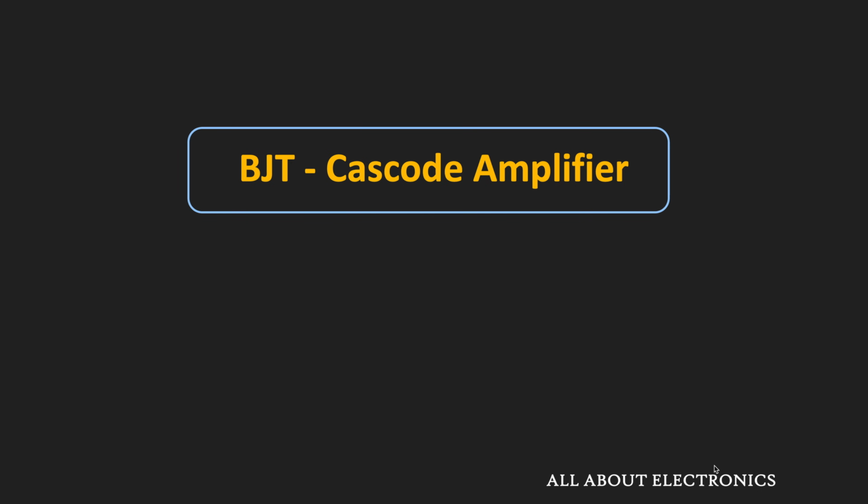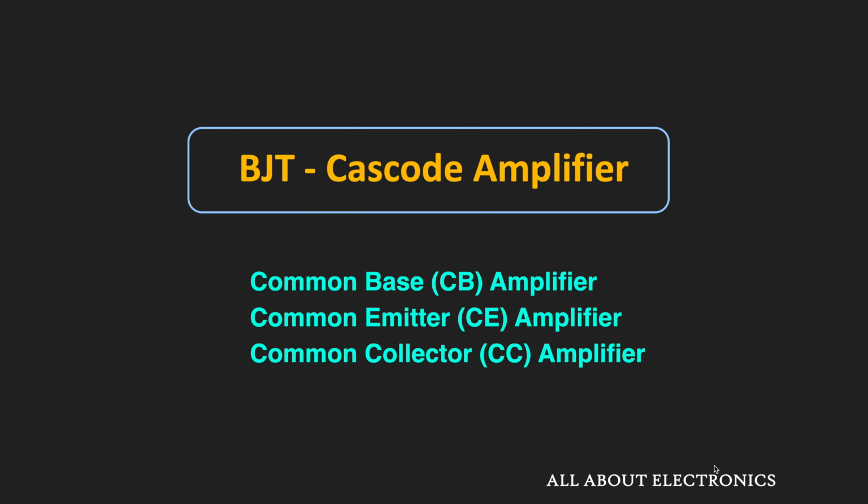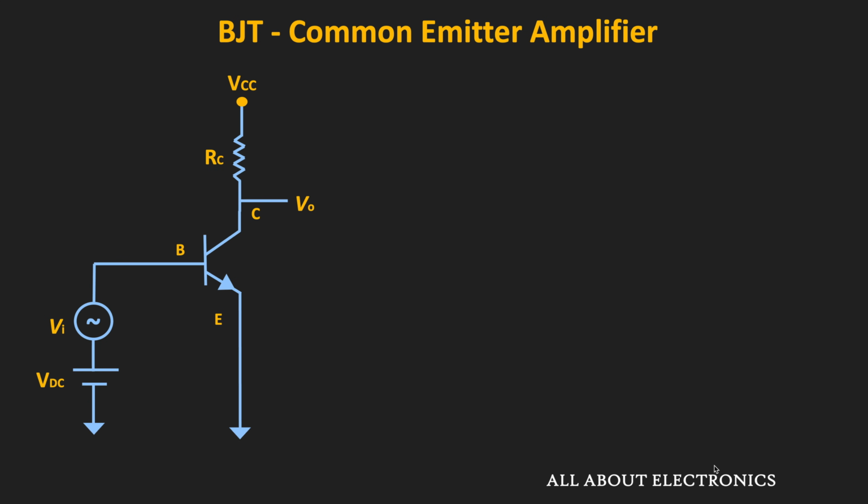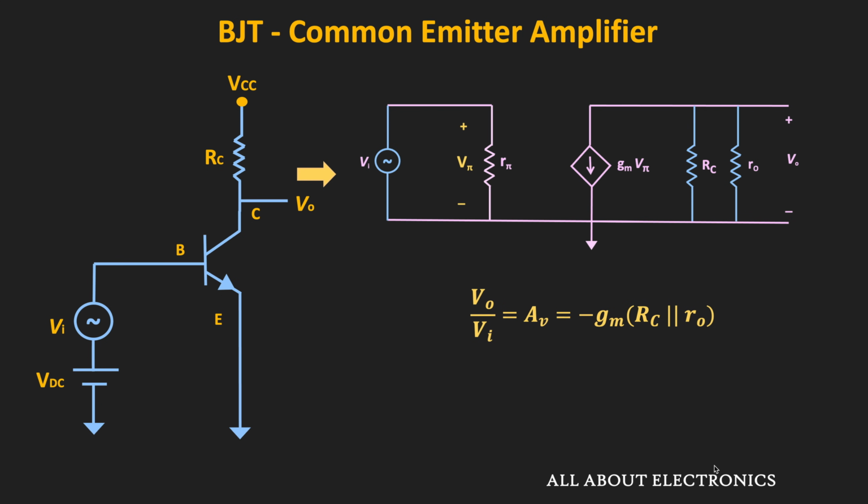This Cascode Amplifier is a high gain amplifier, and we will not get such a high voltage gain using the common emitter amplifier or any other configuration that we have discussed earlier. As you know, among the common base, common emitter and common collector amplifiers, the common emitter amplifier provides the highest voltage gain. If you recall the small signal circuit of this common emitter amplifier, the voltage gain can be given as minus Gm times RC parallel R0, where R0 is the output impedance of